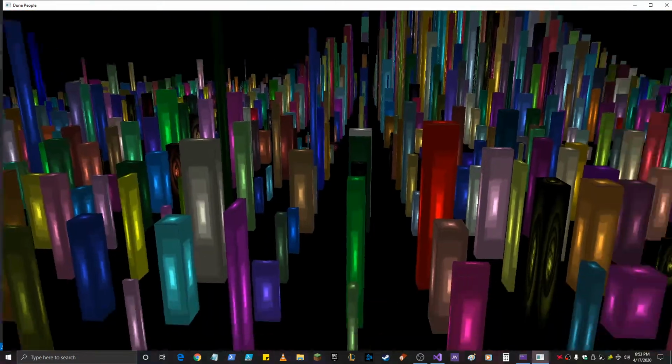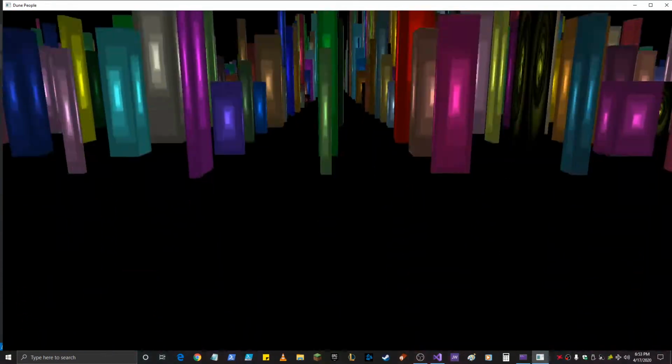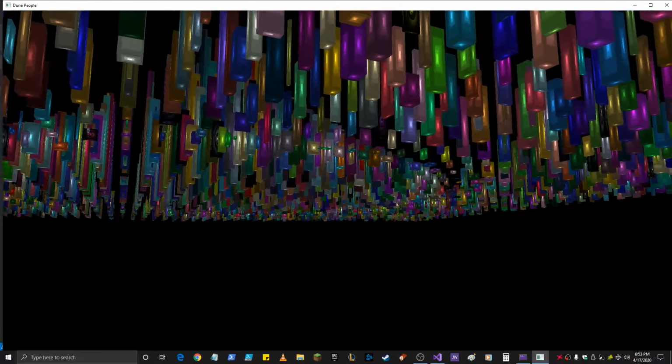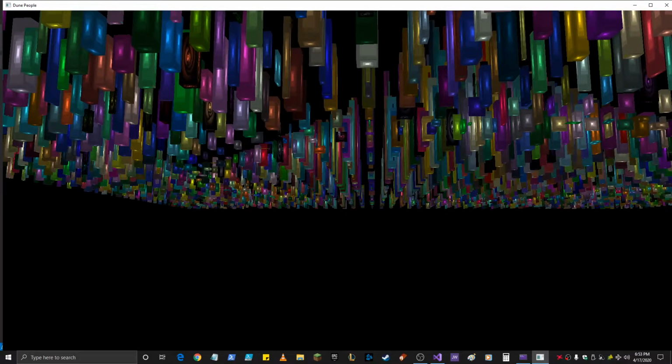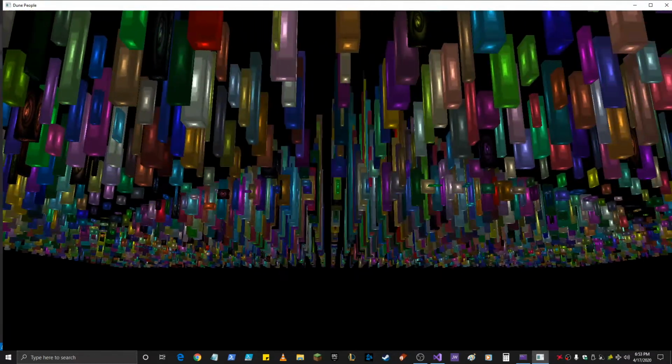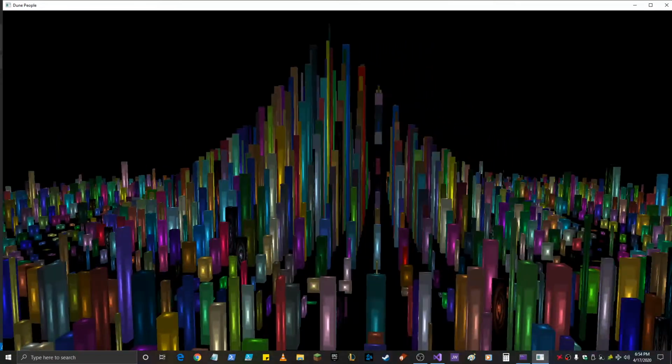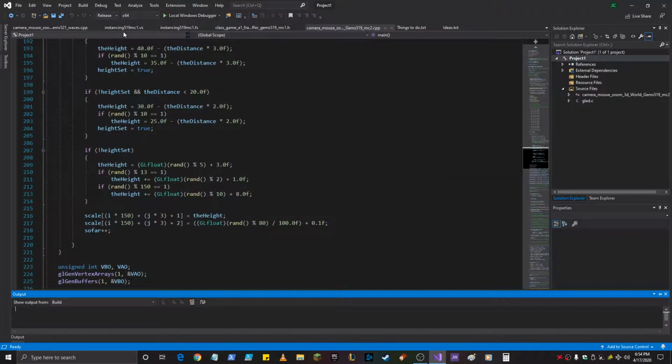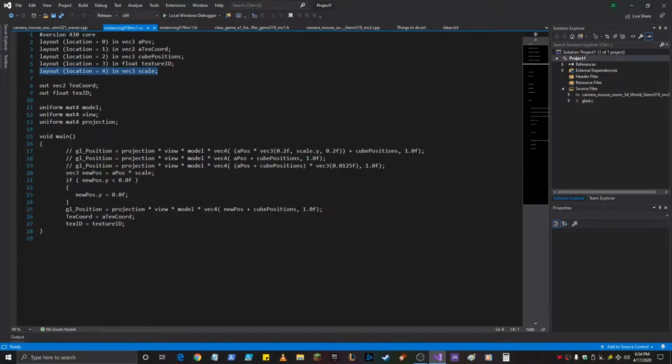But what I had a problem with initially was that the bottom of the cubes were not flat like this. They were all extending down so that it was like a reflection. So what I had to do in the vertex shader, which was kind of cool, kind of taught myself something, is